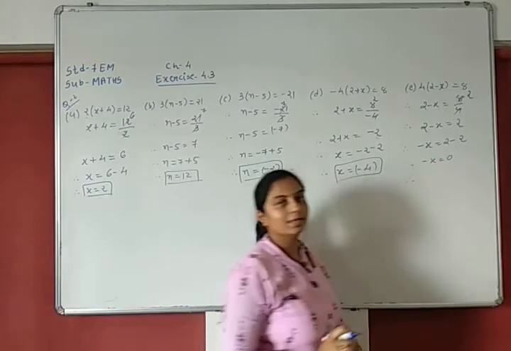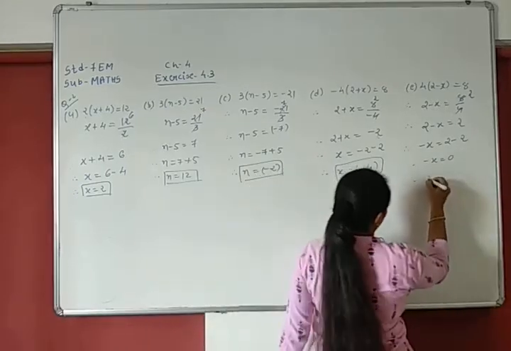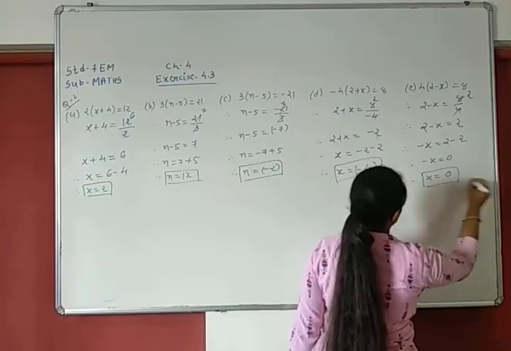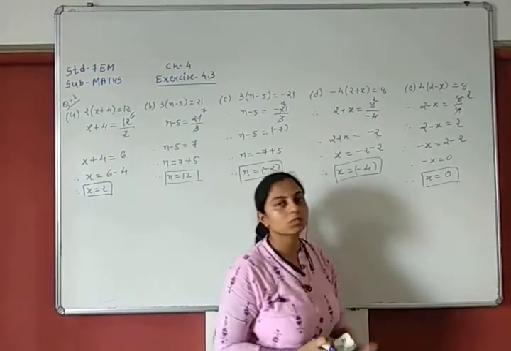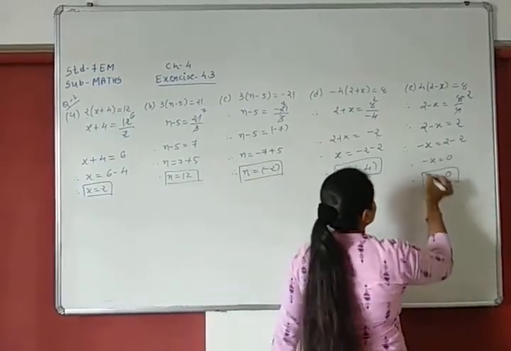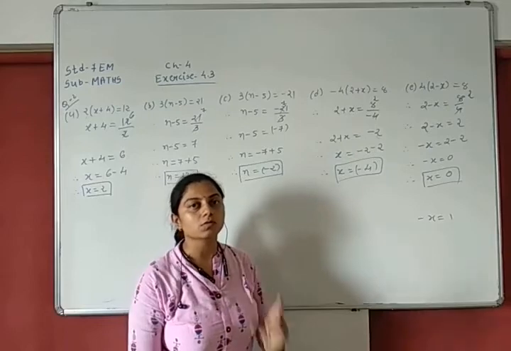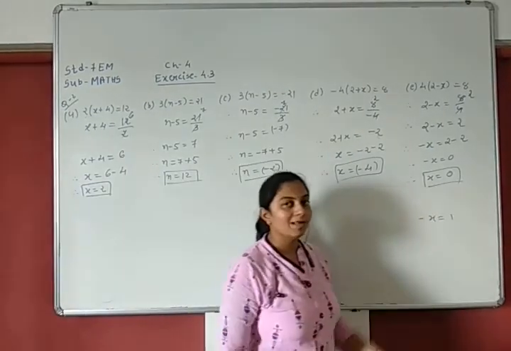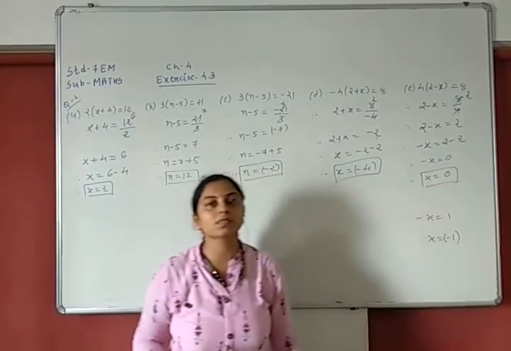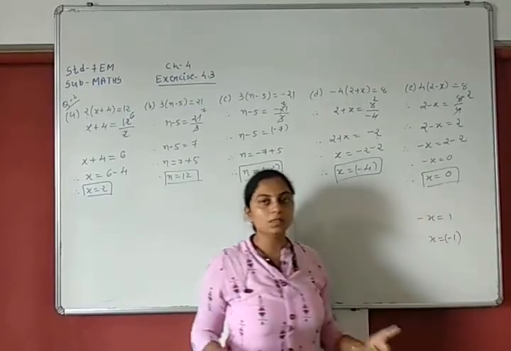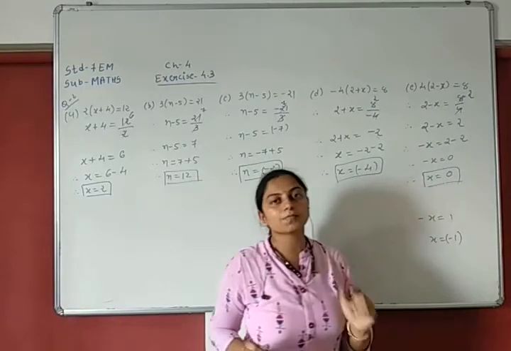But here it is minus x. So minus the value સામે જવા દેવી પડે. So it will become minus 0. But I told you 0 is neither positive nor negative. 0 positive પણ નથી, negative પણ નથી, એટલે x ની વેલ્યુ 0 જ આવે. હવે જો અહીંયા x ની વેલ્યુ આવી હોત, x equal to 1 અથવા કોઈ પણ બીજો નંબર હોત 0 સિવાય, તો x ની વેલ્યુ શું આવે? માઈનસ ની સાઇન એને લાગી જાય, x equal to -1 થઈ જાય. પણ 0 છે, પોઝિટિવ પણ નથી, નેગેટિવ પણ નથી. ધેટ્સ વાય x equal to પણ 0 અને -x equal to પણ 0 થાય.